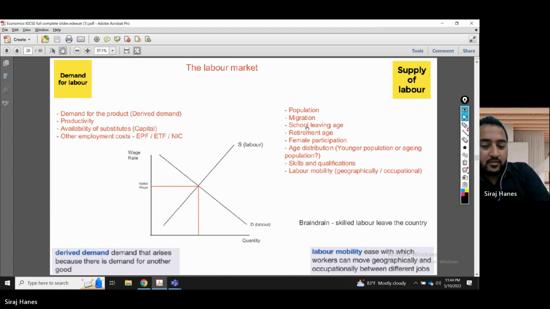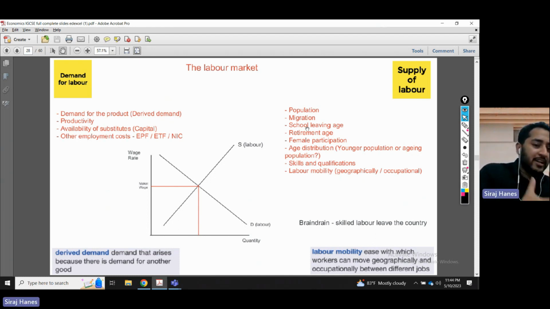Off we go. Last few areas. The labor market. Demand for labor, supply of labor. Demand for labor is determined by a few things. You only demand labor if you demand the product. Now, all of you listening to this here today, you're demanding my services to teach you. You're not here to learn economics for the fun of it, are you? Oh, economics is such a nice subject. Oh, for the joy of it, I'm trying to listen to an economics lecture. No, you're not here for that.